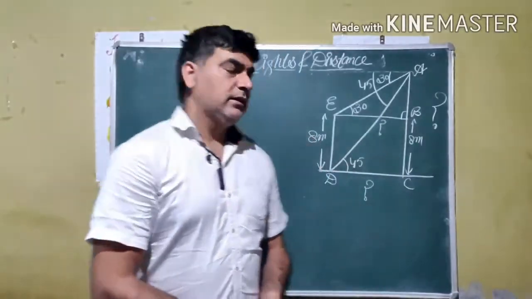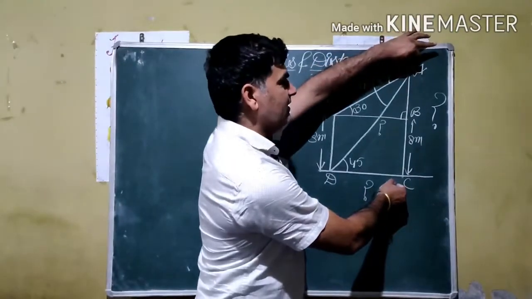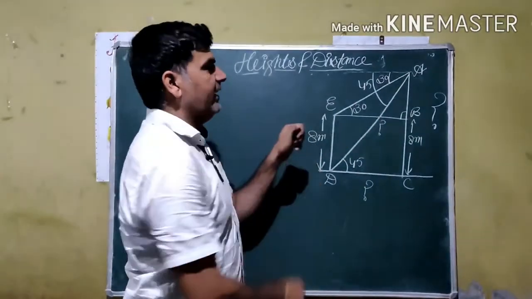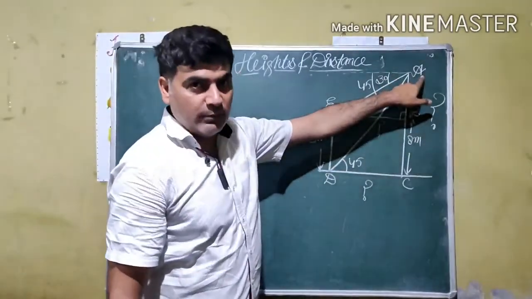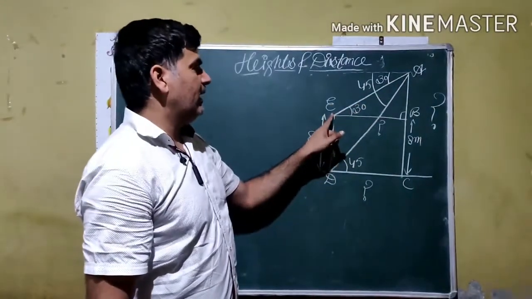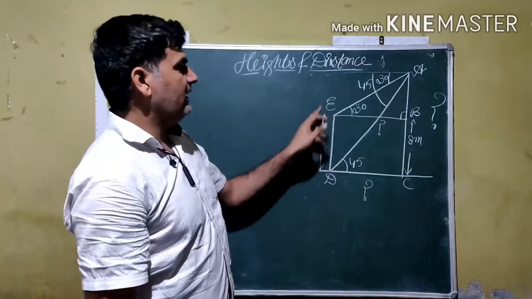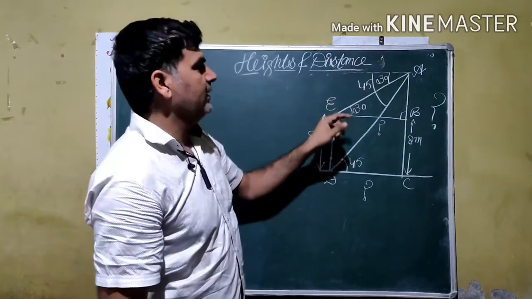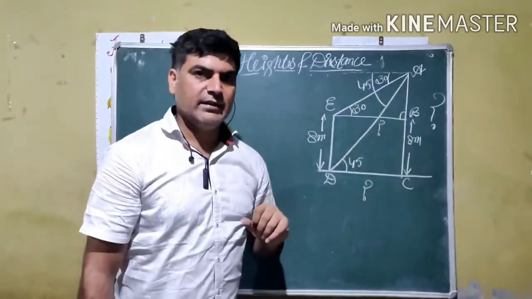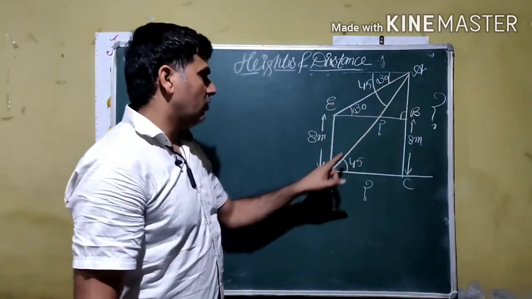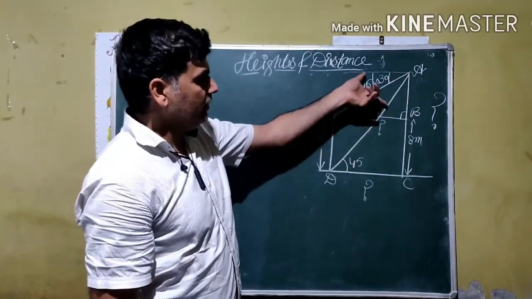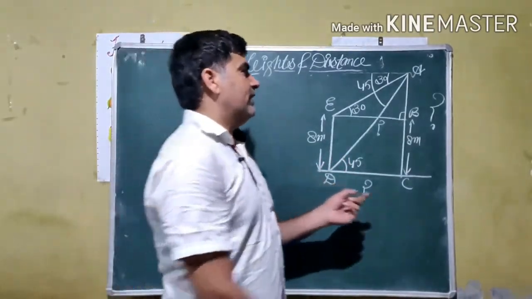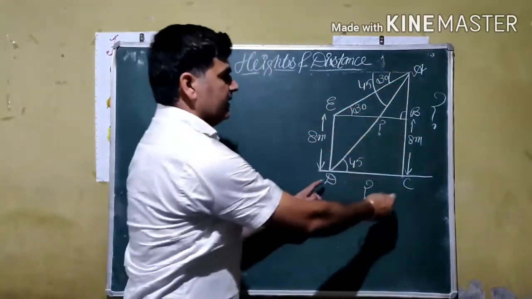Our next example is, there is a multi-storey building represented by AC. We are watching from the top of the multi-storey building to another building which is 8 meter in height. We are watching from point A, the top of the multi-storey building, to the top of the small building and the bottom of the small building, given by points E and D. When we see the top of the small building, we get the angle of depression as 30 degree, so these two angles are equal by alternate interior angles. When we see the bottom of the building, the angle of depression comes out 45, which is also an equal angle by alternate interior angles. Our question is to find the total height of the multi-storey building and the distance between the two buildings.